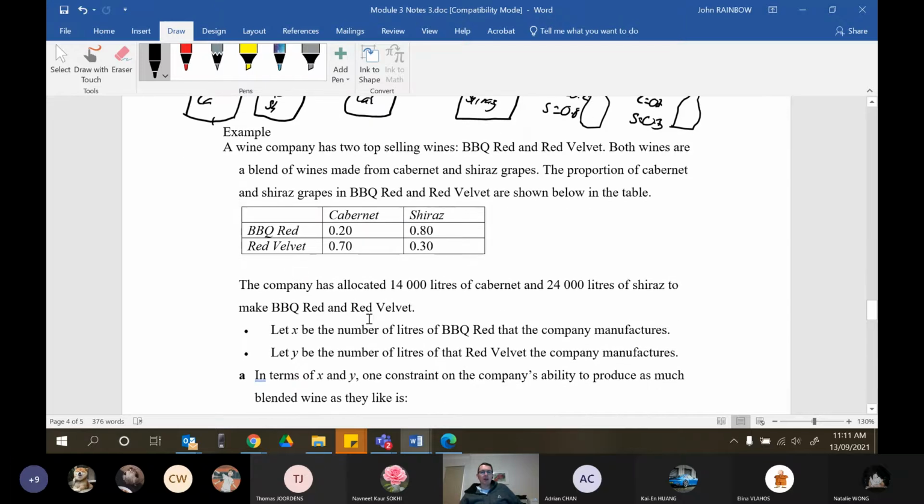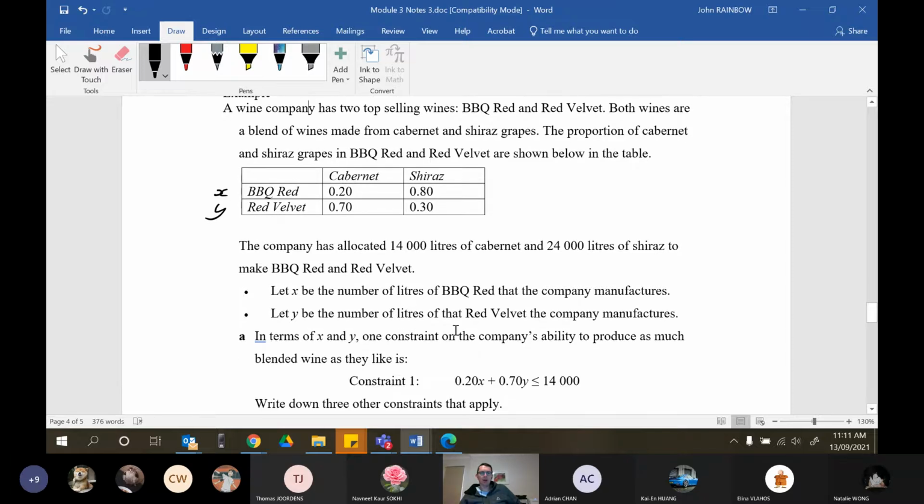We're going to let X be the number of litres of Barbecue Red that the company manufactures, and Y be the number of litres of Red Velvet that the company manufactures. So this is X and this is Y, the number of litres. In terms of X and Y, one constraint on the company's ability to produce as much blended wine as they like is 0.2x plus 0.7y has to be less than or equal to